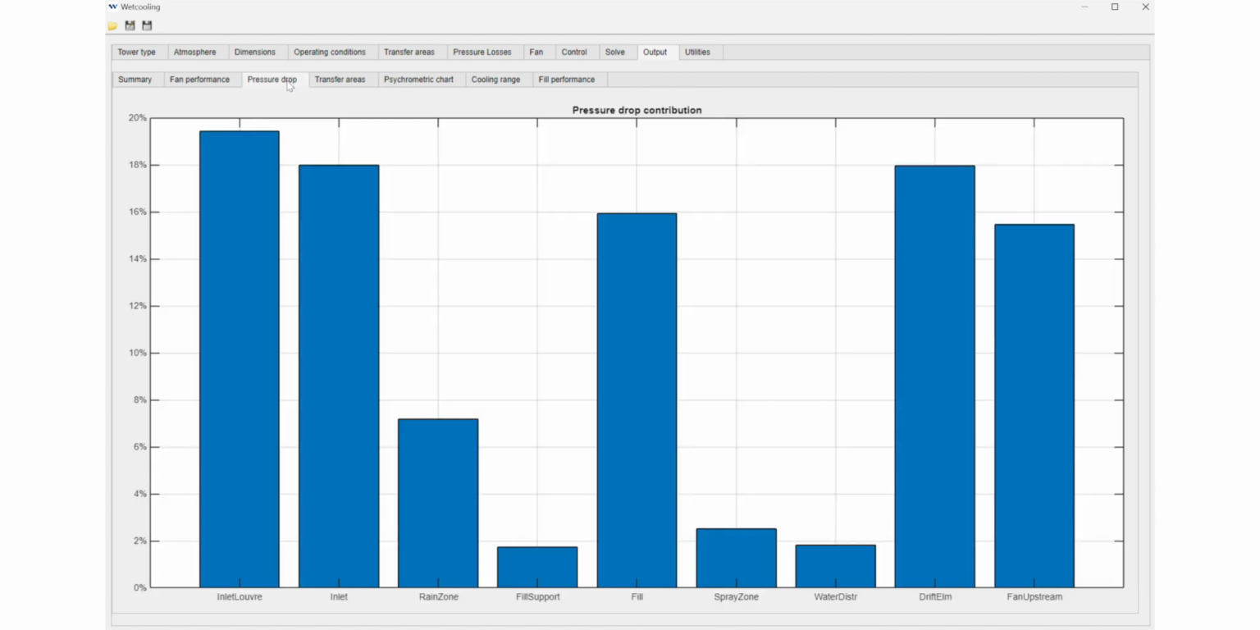Then if we click on pressure drop, it will tell you the percentage contribution of the pressure drop throughout the tower. In this case, because of the specific fill that we've employed, the fill is not the largest, which it usually is. But in this case, it's a very splash type fill with not a lot of resistance. So the drift eliminator is more, fan upstream losses are more, and